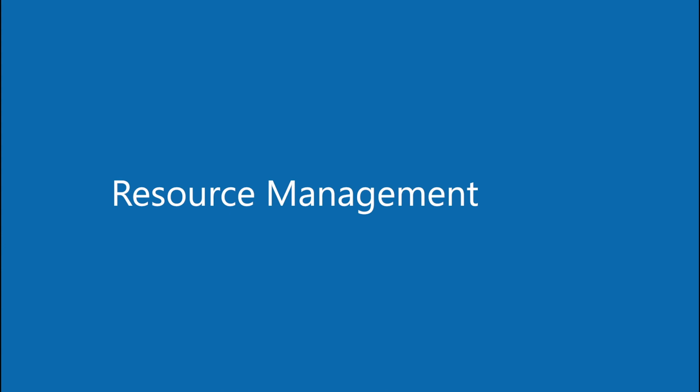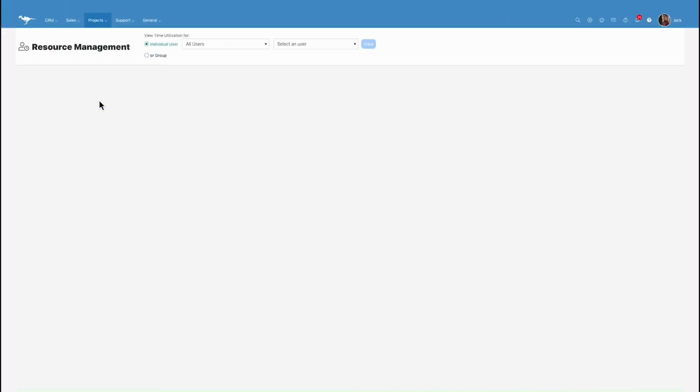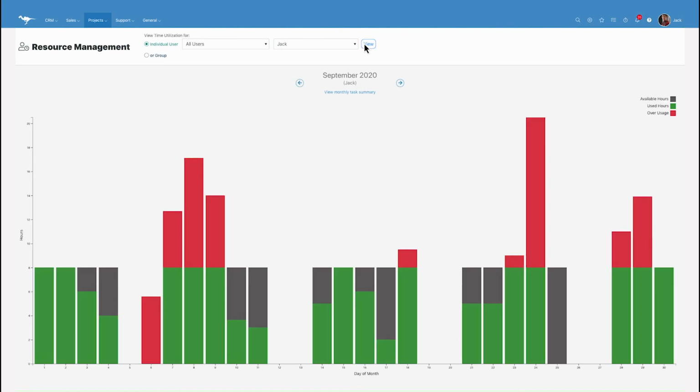The Resource Management section provides a look at the workload of your users. It compiles information from your calendar events and your scheduled tasks to provide a breakdown of how much work is scheduled for a user. Keep in mind that you may have some activities that are not captured in BlueCamroo, which will not be represented here. There are also summaries on task performance, presenting a quick look at how efficient a user might be in completing tasks within the